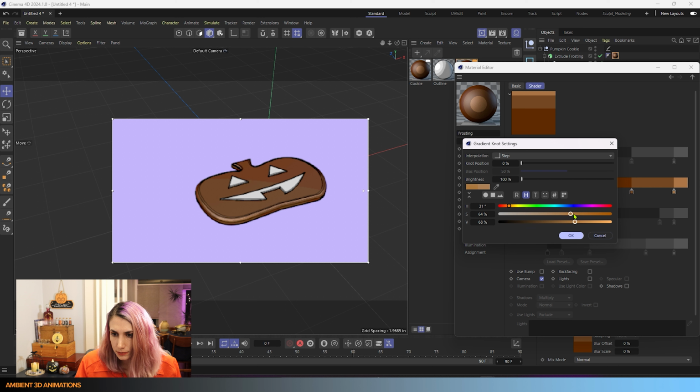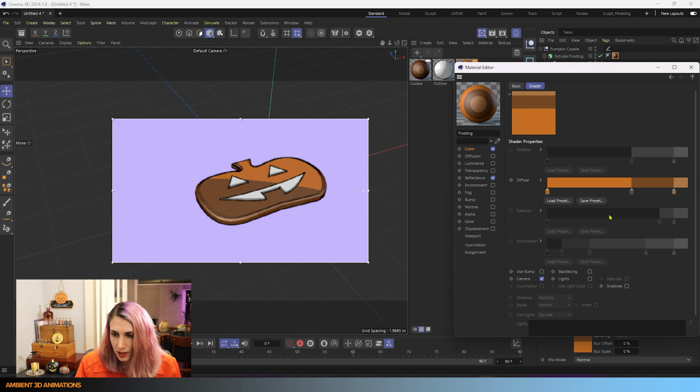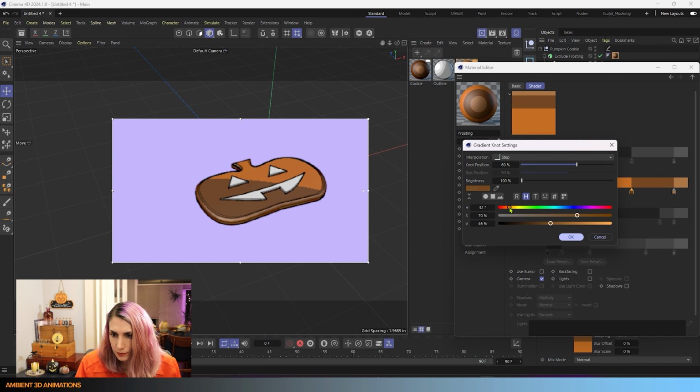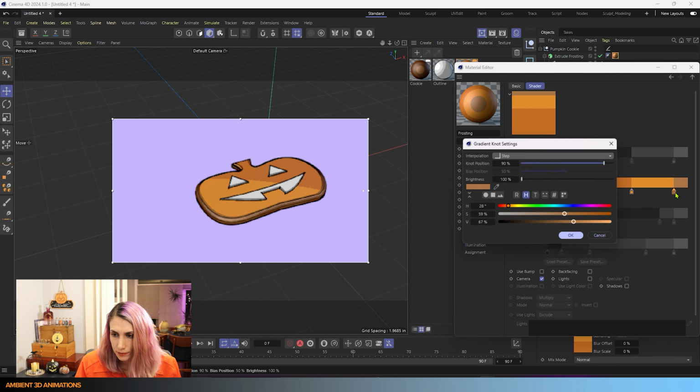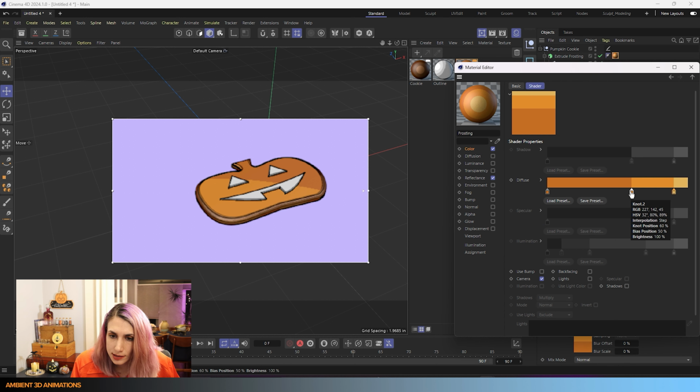So we definitely need this to be more saturated. That's looking better. I feel like this has some potential.